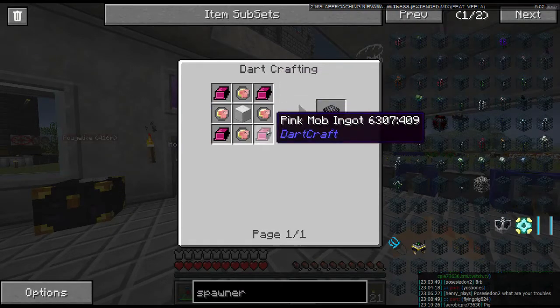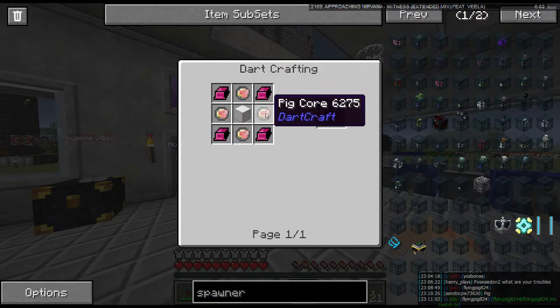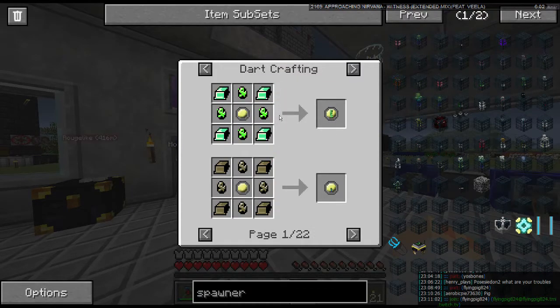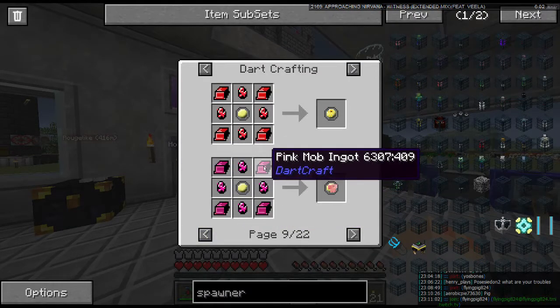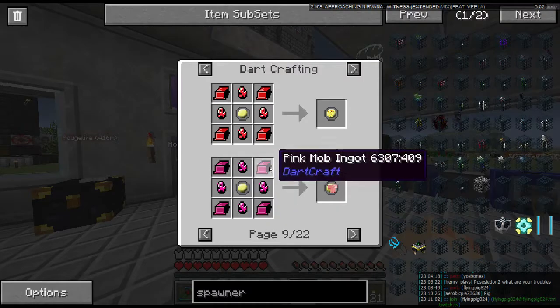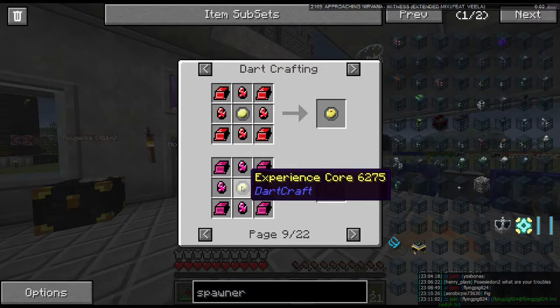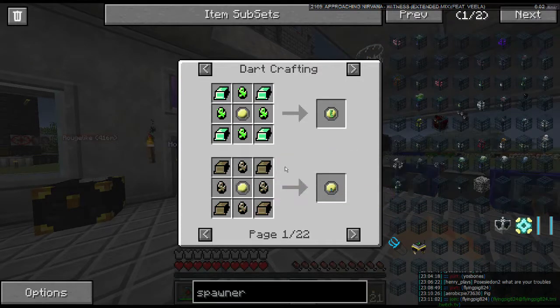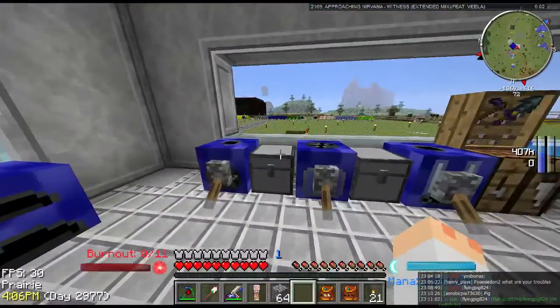So we need 4 pink mob ingots, and then we need 4 pig cores. The 4 pig cores are each going to require 4 more ingots and 4 chunks. So we're going to need 4 times 4 is 16 ingots for the cores. And each core is going to require an experience core, and an experience core, as I recall, is going to require